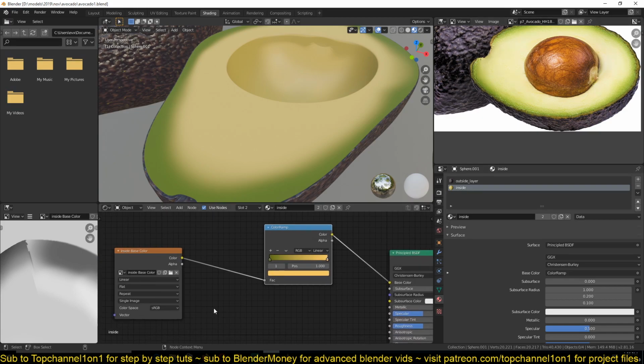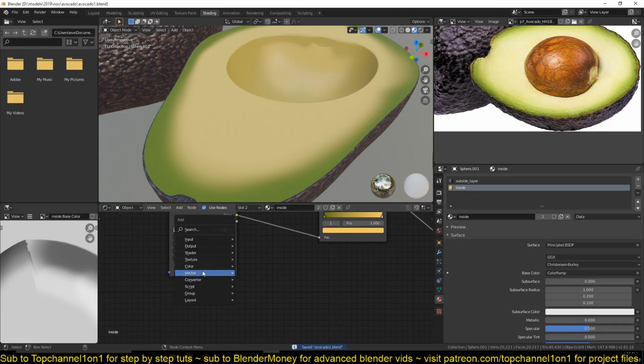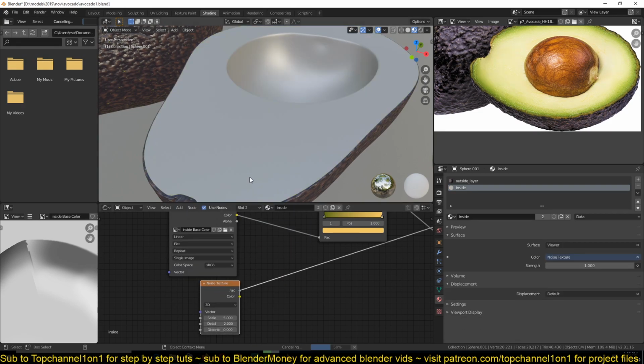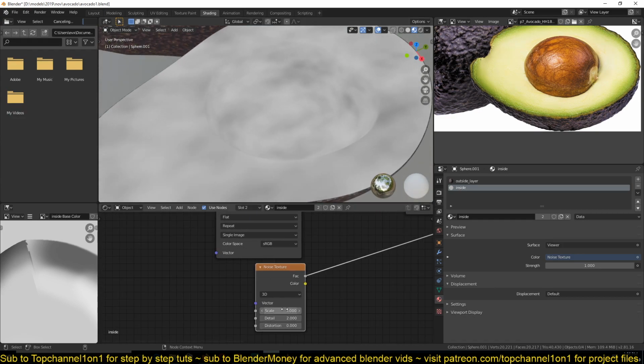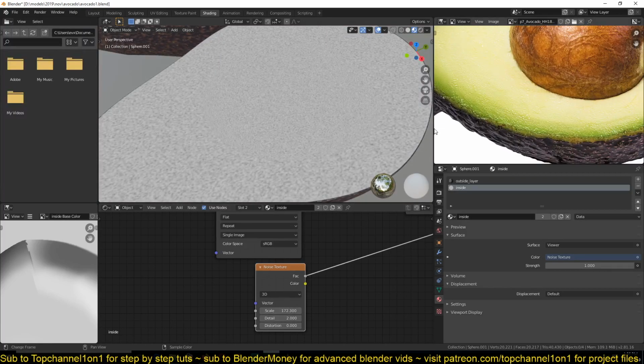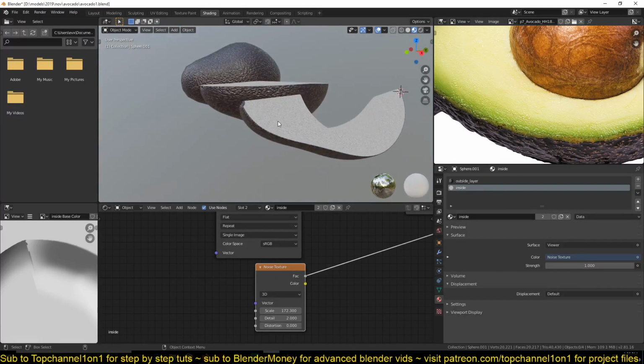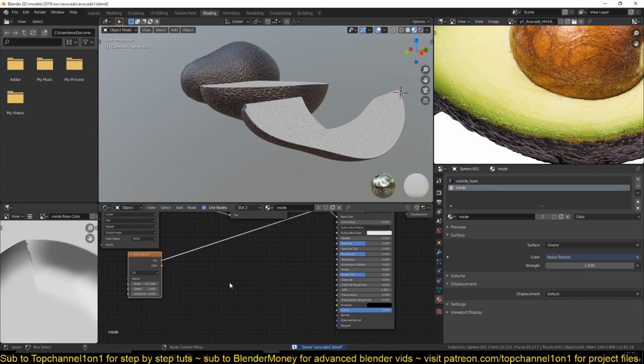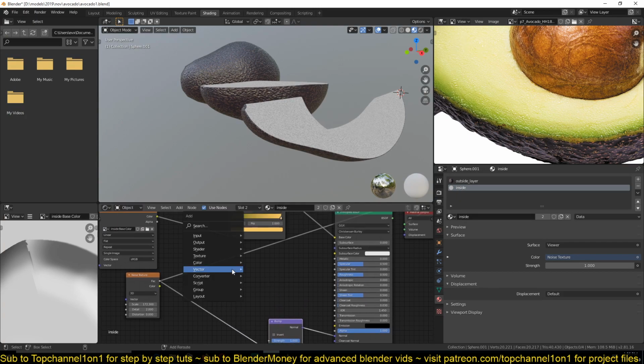So for that, we're going to obviously use the noise texture, the noise map. So texture, noise, we can preview this node. The scale is a bit too high, so I'll just push that way down, something like that. Like we can fix that, send that to our bump map, and also use it as our